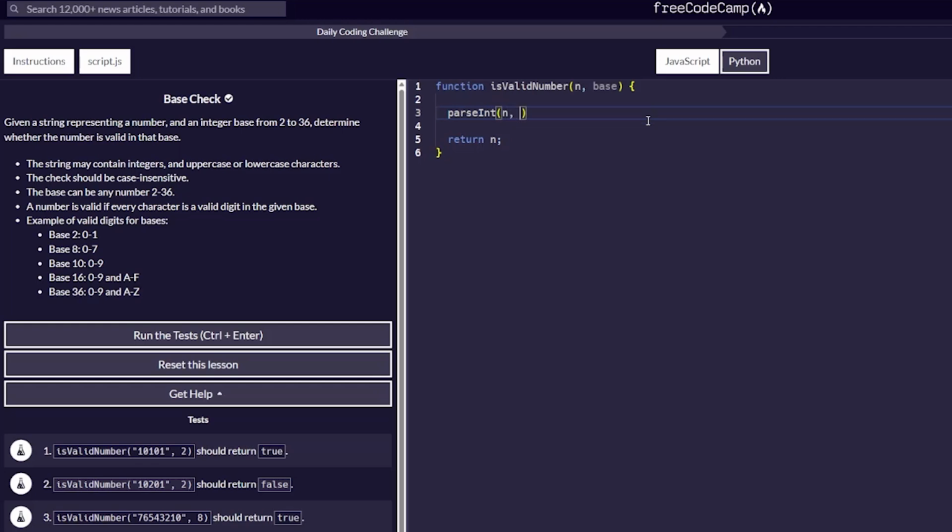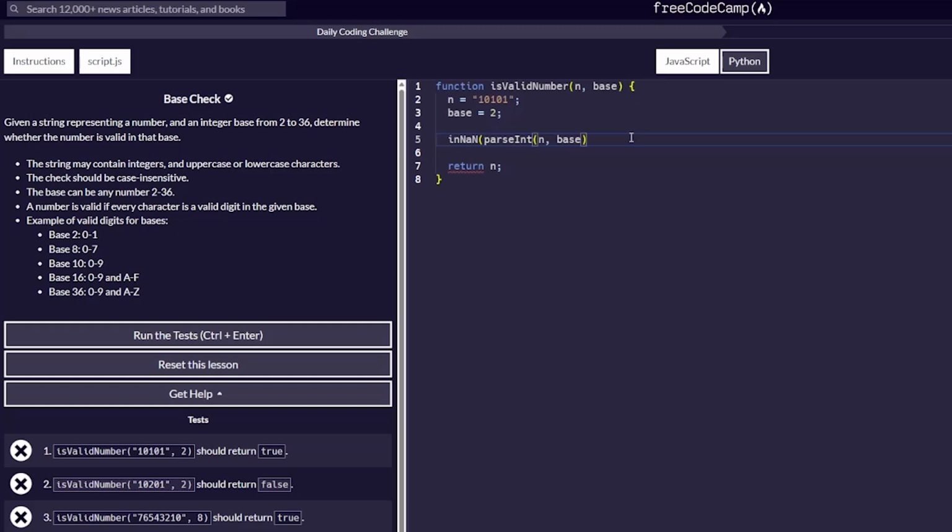You can just do like a trial run to look at this. If we parse this, let's see, I think parseInt, if we hand it a string, it only looks at the first character. Like down here, if we have, for instance, 10101, our first test case, and we give it to parseInt and pass it the base, which is going to be 2, then this will be fine because the number 1 is part of the base 2 number system. And I should say this is a true or false. So